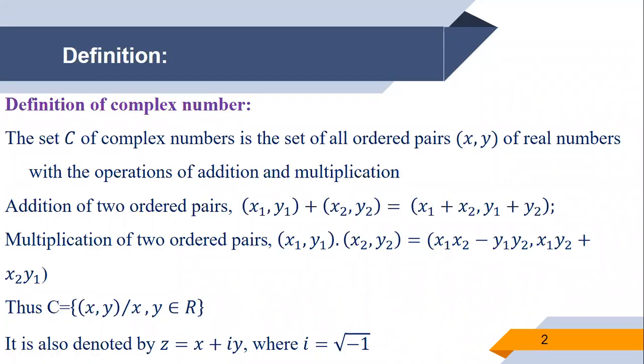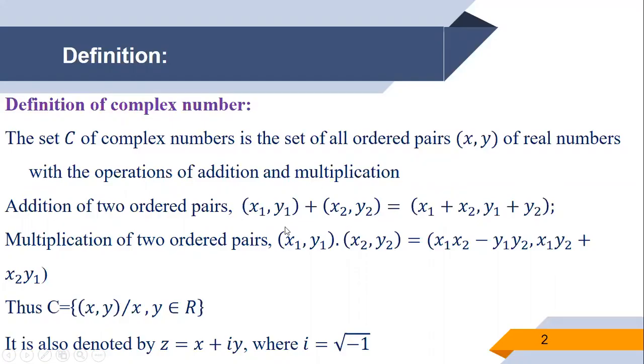So the set C of complex numbers is the set of all ordered pairs (x, y) of real numbers with the operations of addition and multiplication. Addition of two ordered pairs (x1, y1) plus (x2, y2) is equal to (x1 plus x2, y1 plus y2),